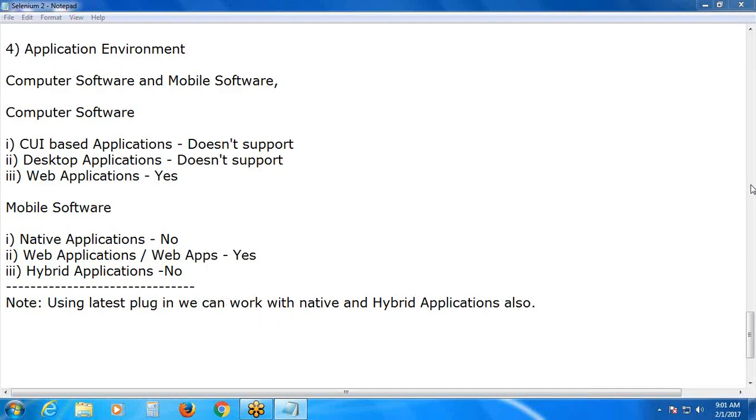APM is a mobile testing framework as per the documentation. Some are saying APM is a tool, but in the documentation at apm.io you can find the term mobile testing framework. Okay, APM is exclusively for mobile testing. Observe,